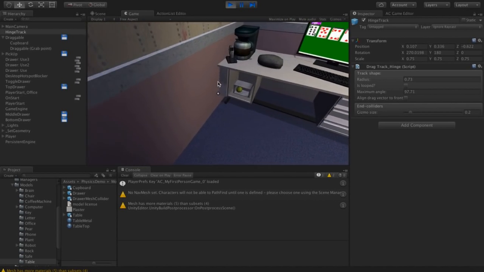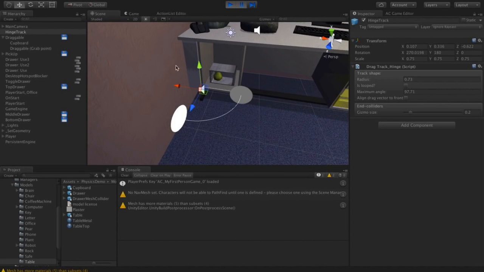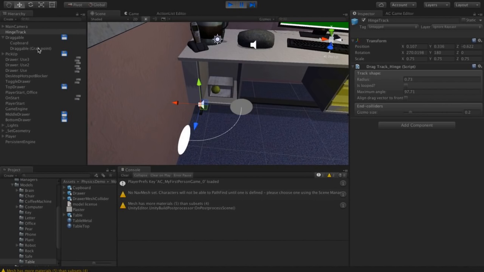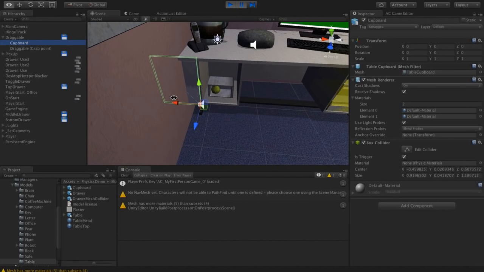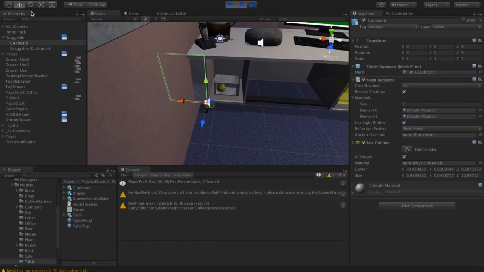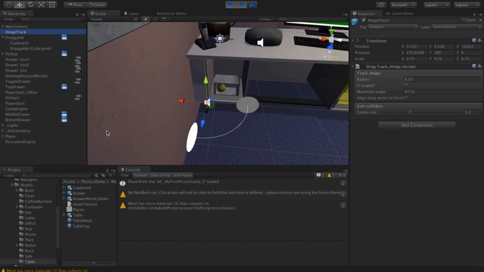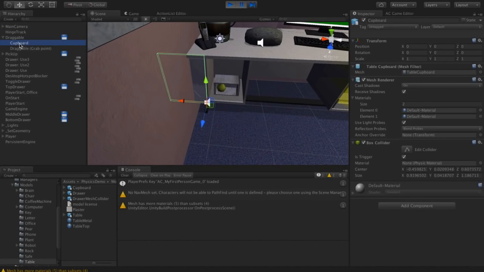And you can see that we do have a problem as soon as we begin, and that is that the cupboard is rotating actually the wrong way. It's clipping through the wall, and it's being offset by 180 degrees. And that's because the hinge track and the draggable both have the same rotation now, whereas they probably didn't to begin with. If you remember, we had to rotate this 180 degrees.